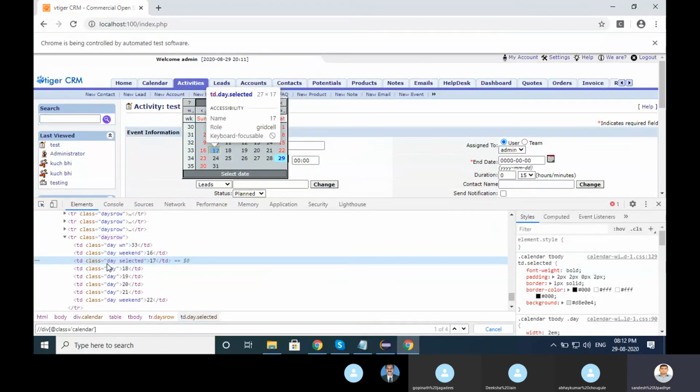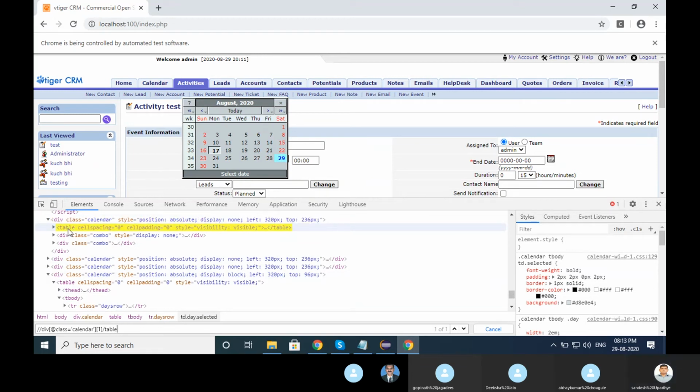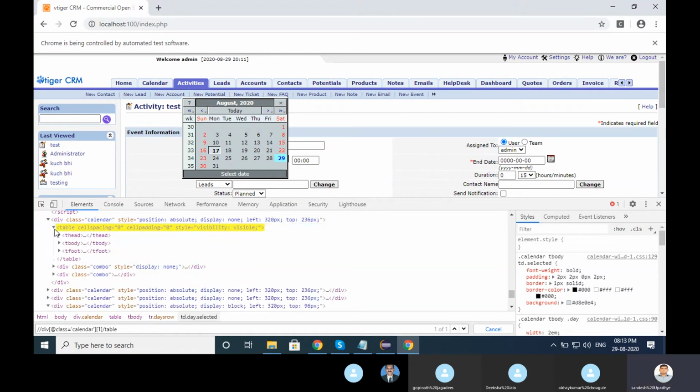Now go again here, calendar, where is that? First calendar, then I want to go with table, inside that table.